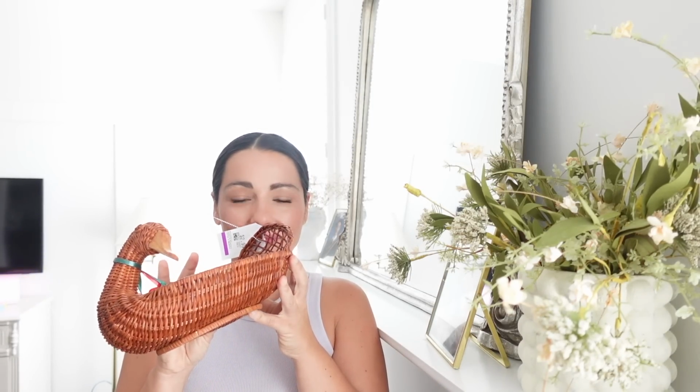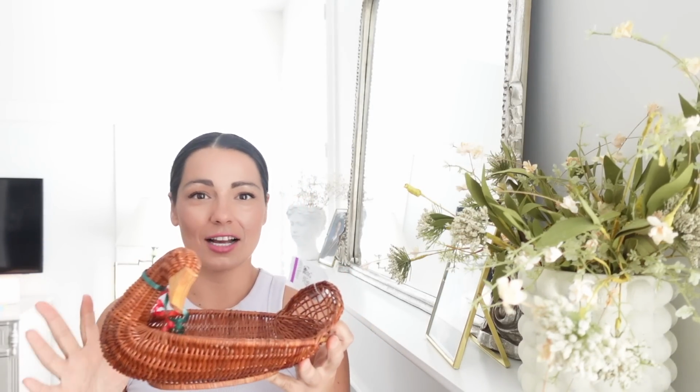And yes, sadly, I don't have it, but that was a really good find. And I did take home this sweet little duck basket. These are actually really, really expensive on eBay, places like that that do resale. I picked it up for $2.99, and keep in mind, I had a 20% off coupon, so all the prices